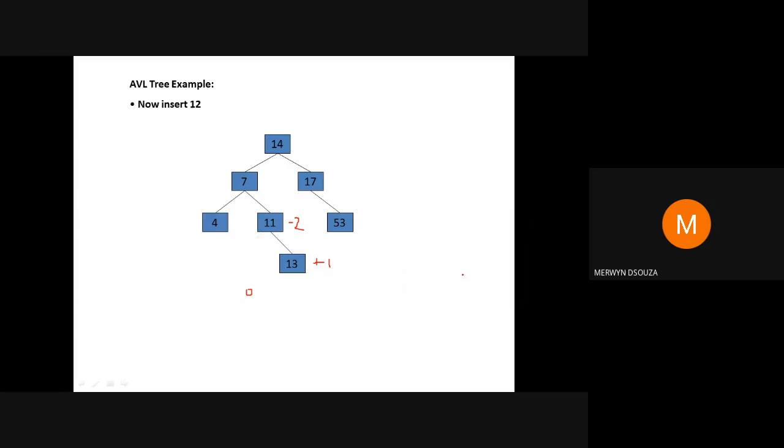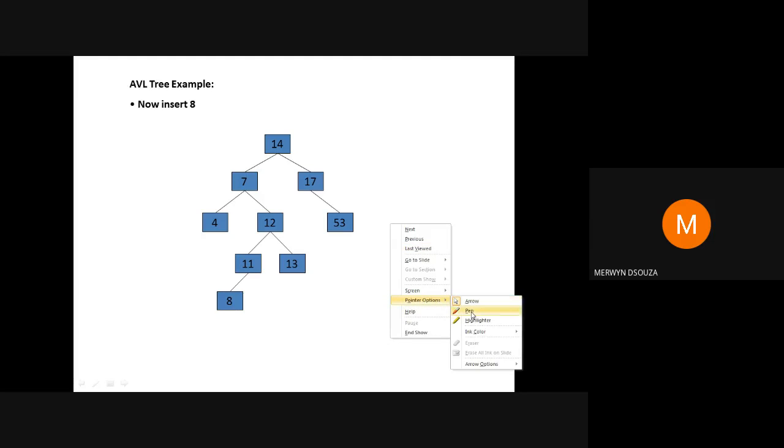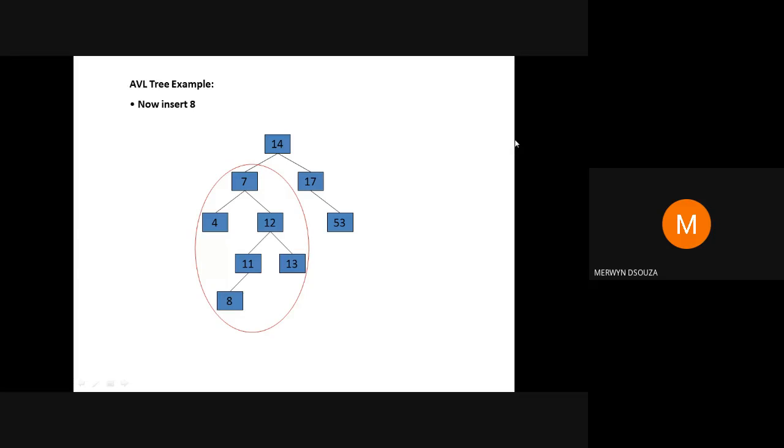So like that you have to insert your values in an AVL tree and balance it every time. Okay, I can insert 8 and check. Last insertion we'll check before we stop for today's lecture. Can you tell me the balance values for 8, whether it's proper or not? If you check, you will get a problem. Can you tell me what type of rotation you will apply, and can you apply the rotation by yourselves now?